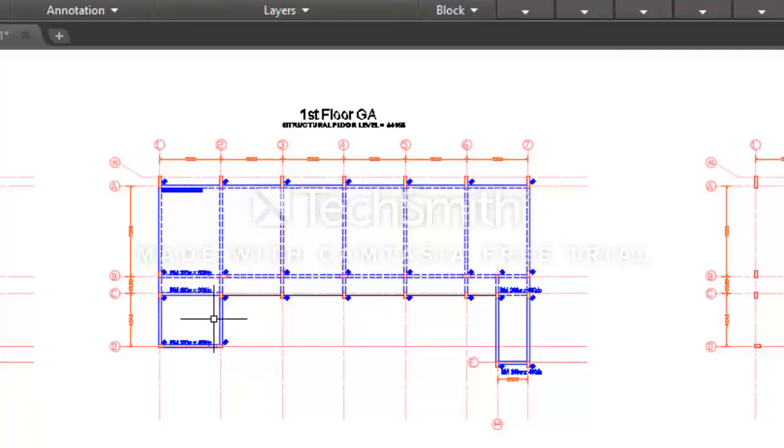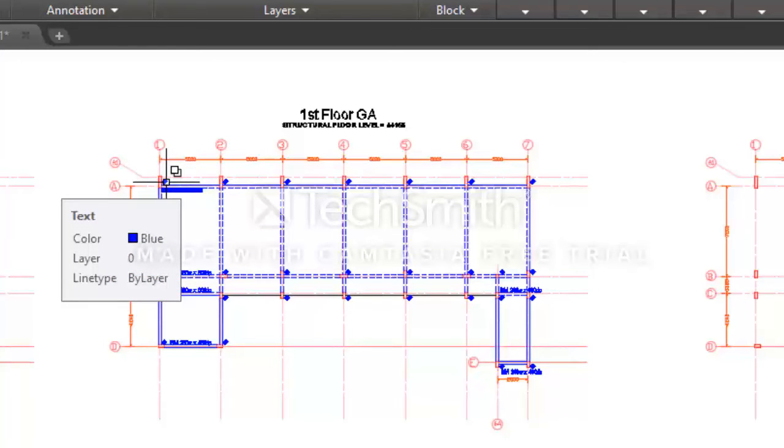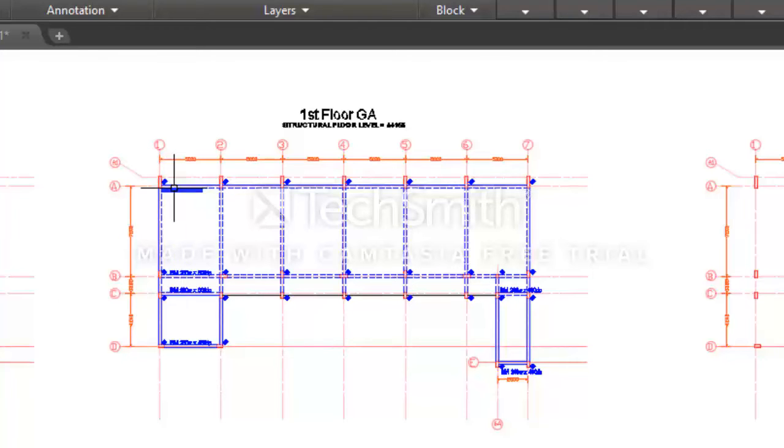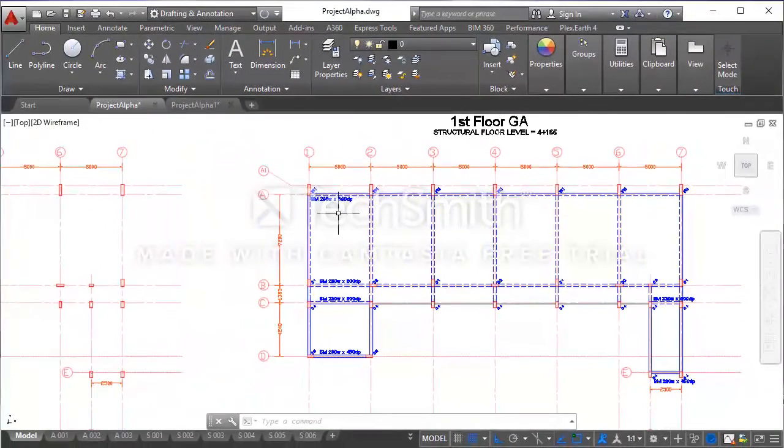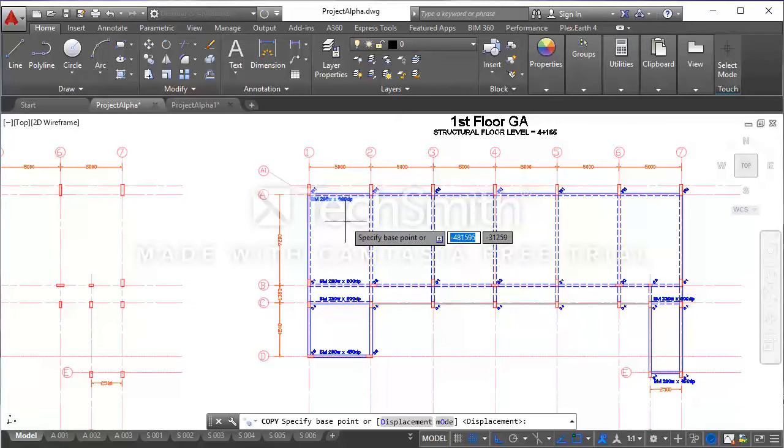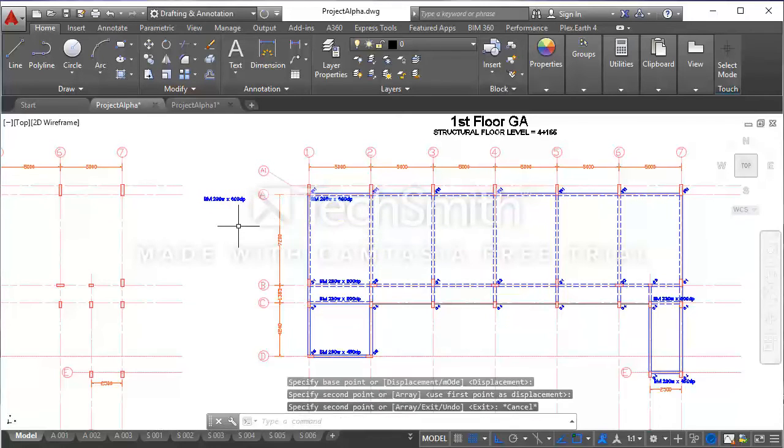What we'll do now, we'll label the beam in the vertical y direction. That is beam 1, beam 1 A to D. So we want to label the beam in the vertical direction. So we'll start with the beam along the line 1. So what we're going to do now, I'm going to select this text. I will copy it. I will duplicate the beam label at this point.